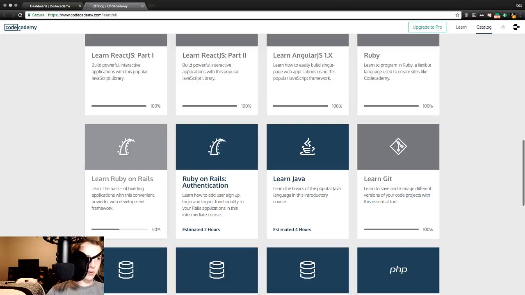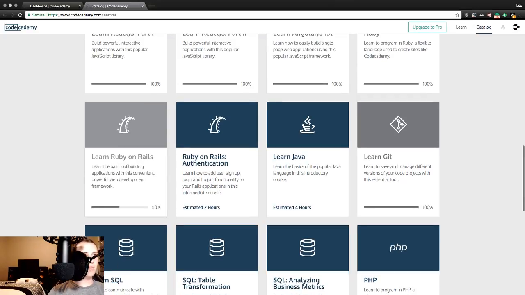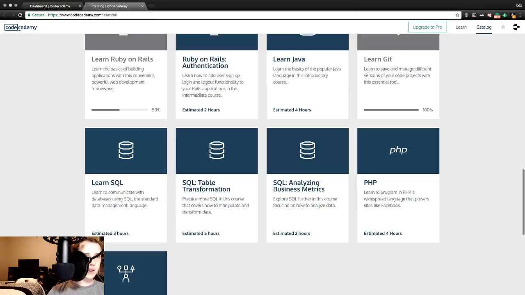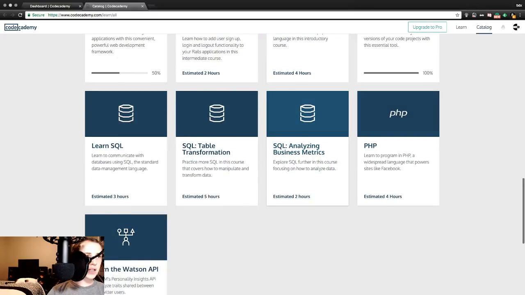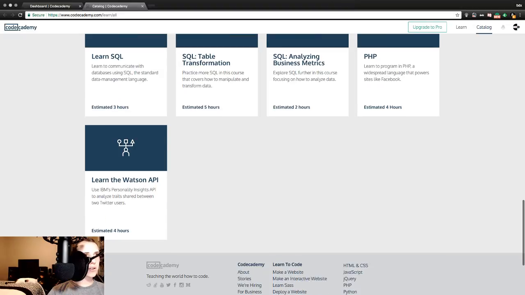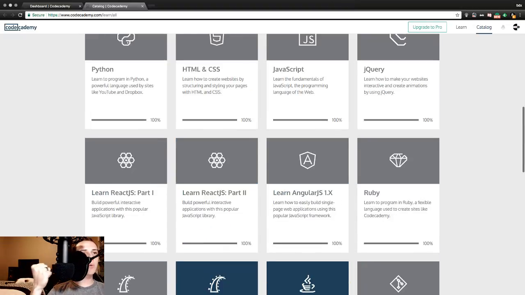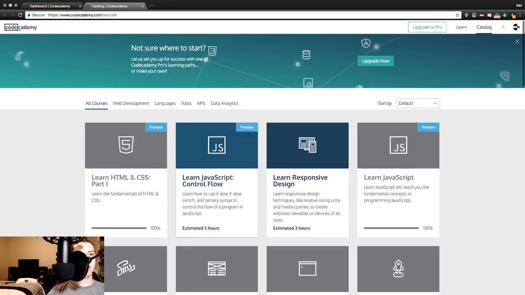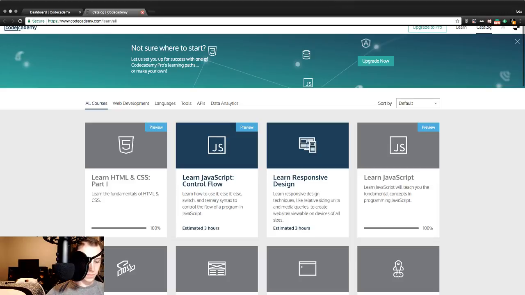Ruby on Rails, which we're now 50% of the way through. Hell yeah. Then we've got Ruby on Rails authentication. Then Java. Then we're knocking out SQL. And then PHP. And then the Watson API. Good times. And then we are free. We get to escape Codecademy. Actually, I'll end up knocking those two out at the end, but meh. Right? So,